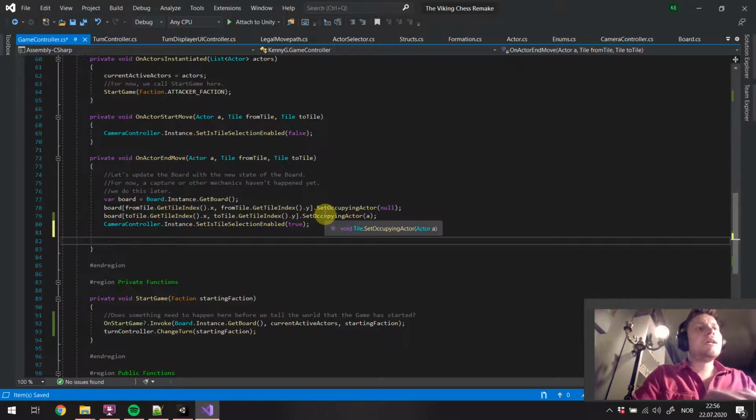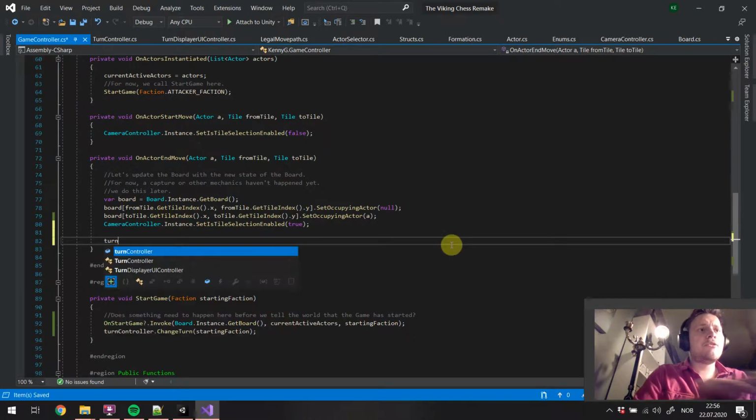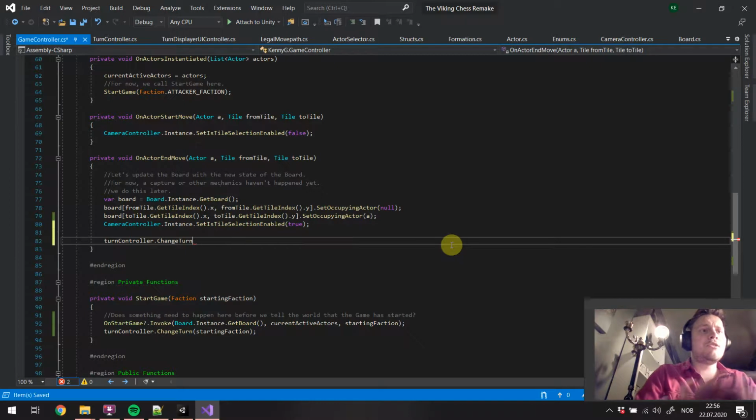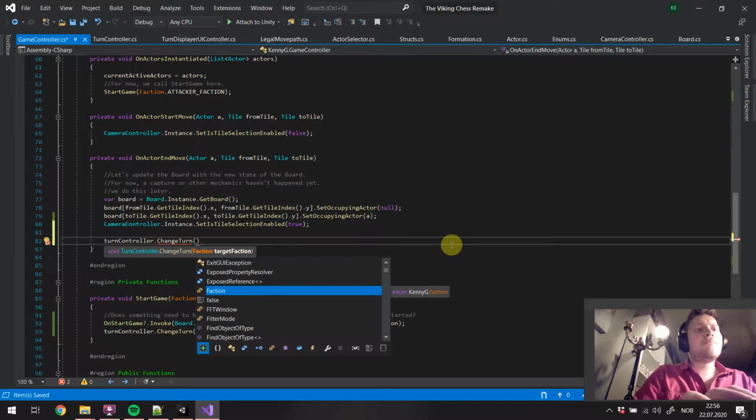So we're gonna do that here in the game controller on actor end move. Turn controller dot change turn to